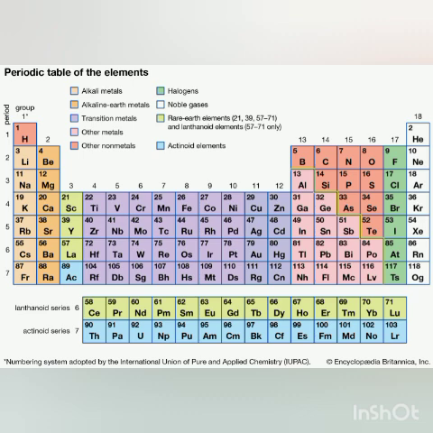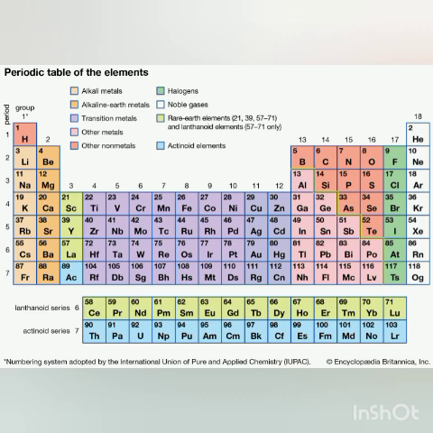So what is happening? The positive charge is increasing, so the force of attraction between the protons and the electron is also increasing, because in lithium there are only 3 protons. These 3 protons are pulling 1 electron, but in beryllium there are now 4 protons which will pull 1 valence electron more strongly. In boron, the number of protons is 5, which will pull the valence electron more strongly compared to lithium. So when the valence electrons or the valence shell is pulled strongly, what happens? The size of the atom decreases.